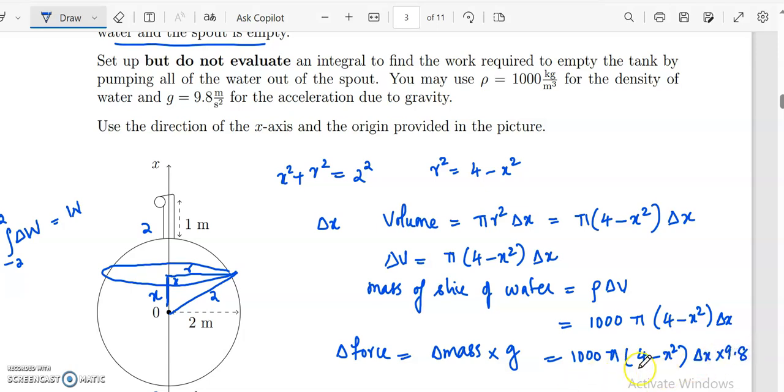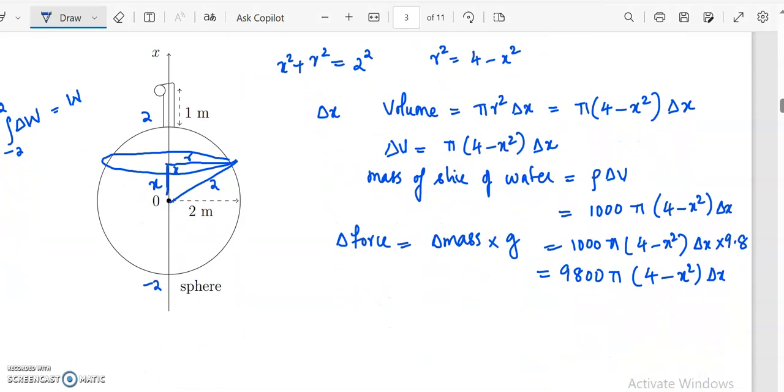So we will get 9800 pi 4 minus x square delta x. So that will be the force required to do the work. So now we can find delta W. So delta W, the work done, will be force into distance. So work done will be delta